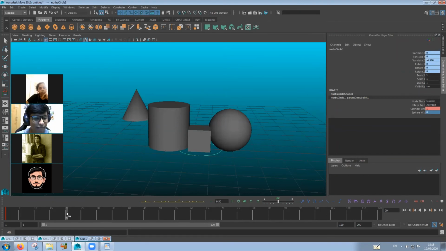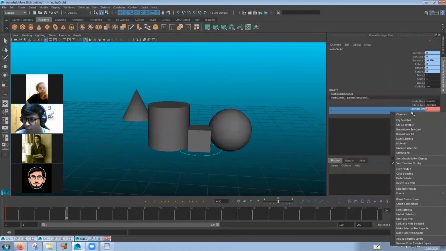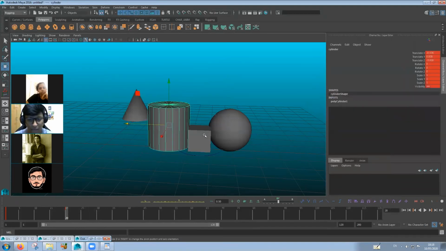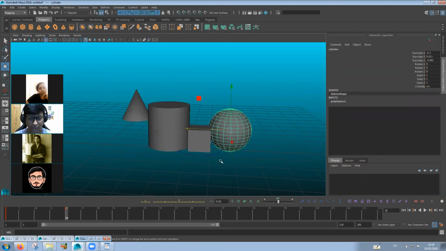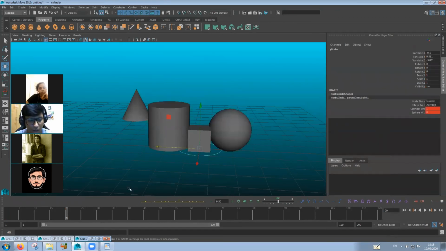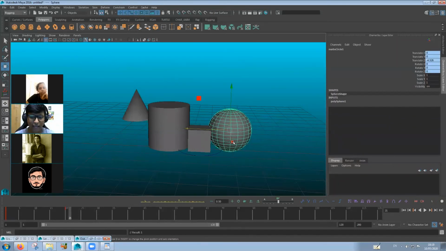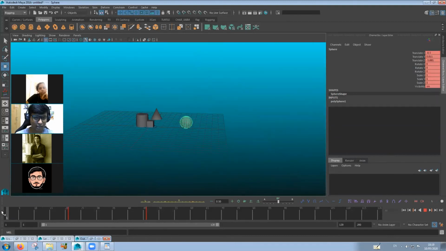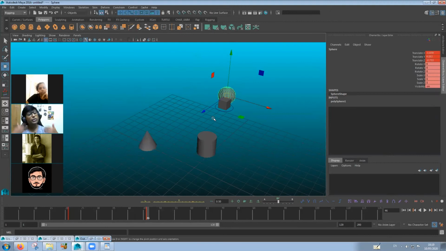So on frame 19 or frame 20 itself, we can keep both of them. Till now it's being controlled by the cylinder only. But now we want the cube to go to the sphere, the second character. So on frame 21, we can make the cylinder weight 0 and the sphere weight 1. And from frame 21 to whatever frame you want, this will keep going. This is how you can go from one object to another object. Now, what about a third object? You can ask how many objects I am going to cram into just one controller. Let me teach you that as well.